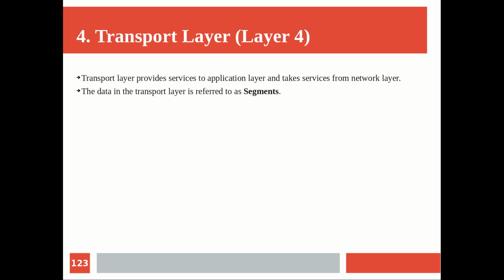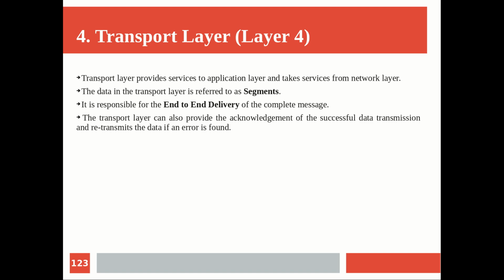And the main thing it will be doing is dividing the information that is given to it by the application layer. From application layer, what we get is the whole message as a whole without any division, and from transport layer onwards, the message gets divided into smaller units that the layer can handle at any time, and we call them segments. So the data in the transport layer, the protocol data unit, is referred to as segments. It is responsible for the end-to-end delivery of the complete message. Like we already saw, this is where the end-to-end communication or the process-to-process delivery of information happens.